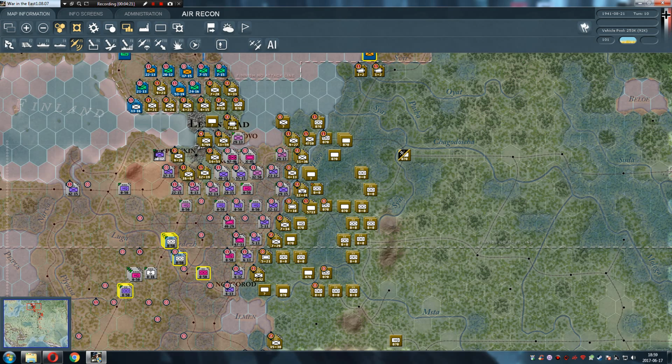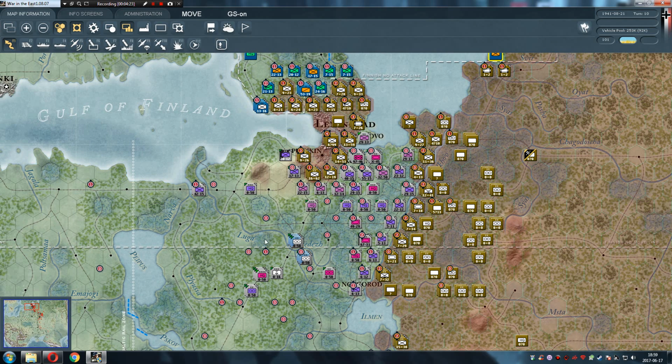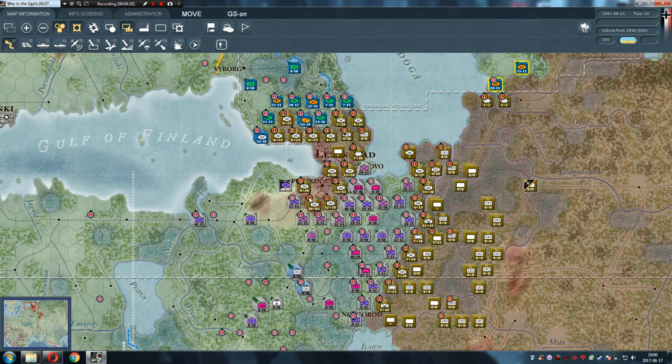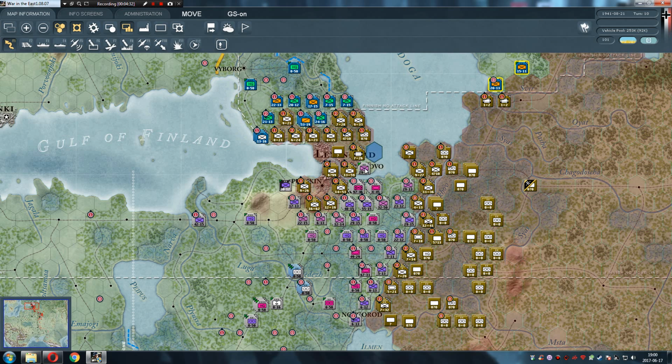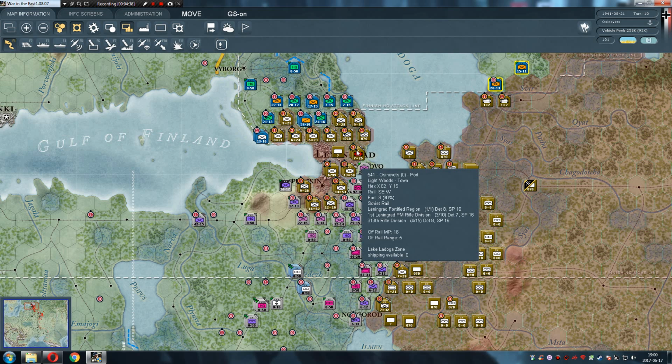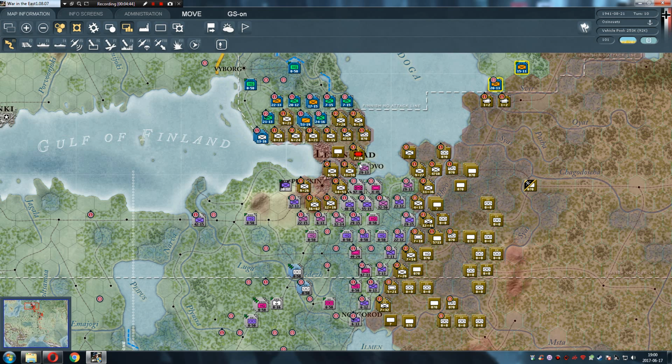Okay, let's start from the top, from the north. Yeah, the situation. The short summary is that we broke through the Leningrad defenses here over the Neva River, and we are approaching this hex. This is the key hex in Leningrad defense. It's the port, Osnevitz, and once we capture it, then the Soviets in the Leningrad pocket will be cut off